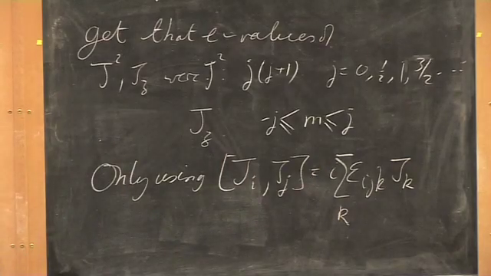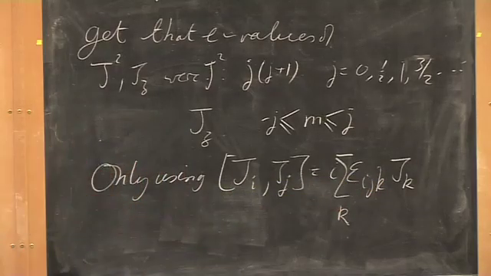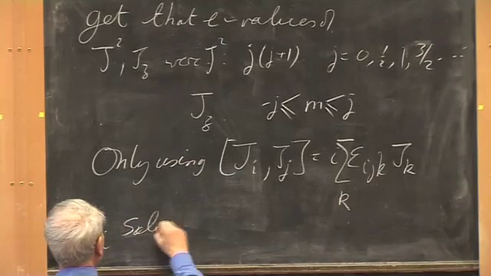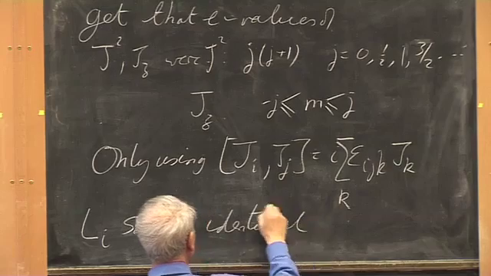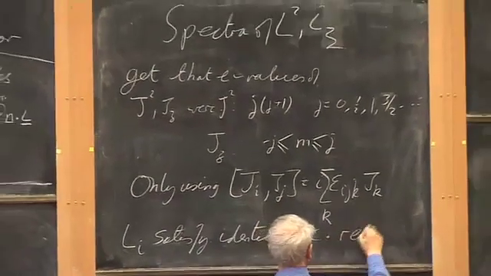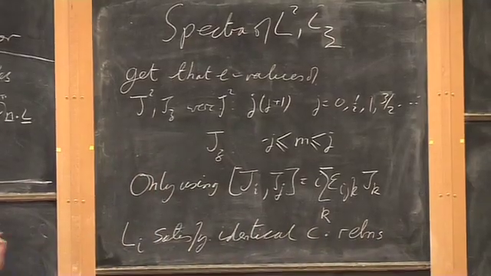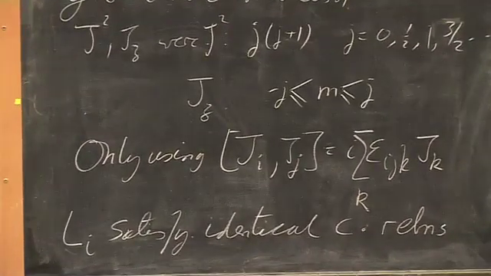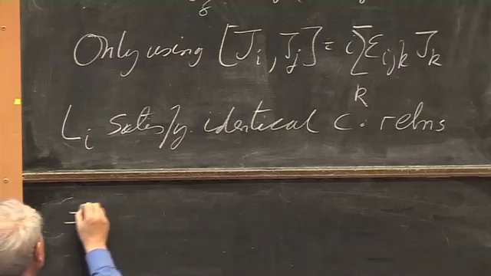If you look back at what we did, you'll find that that's the case, that nothing else went into this but these commutation relationships here. For the L operators, we have the same commutation relations, right? So the L satisfy identical commutation relations. So the argument we had for J could be repeated line by line. There's no point in repeating it literally, but virtually we now repeat that argument line by line with every J replaced by an L, and we conclude that the eigenvalues